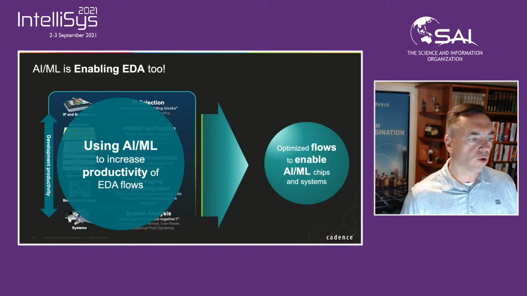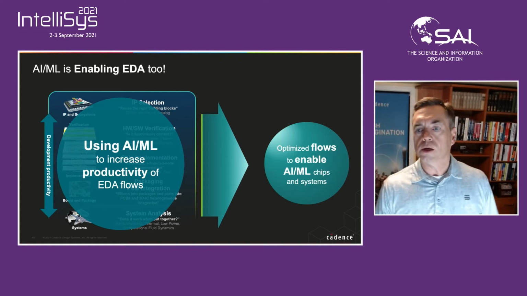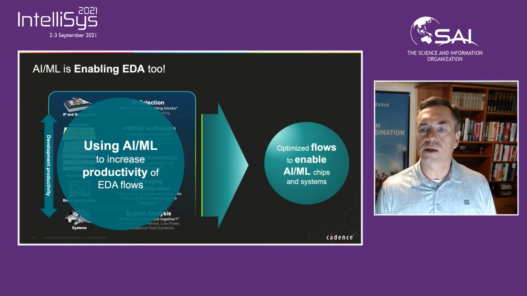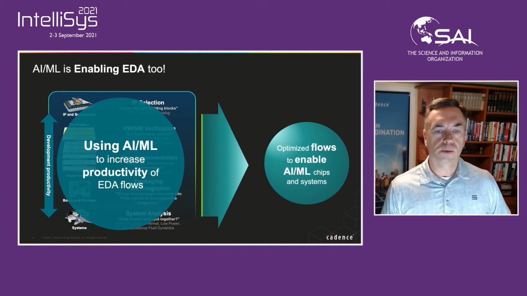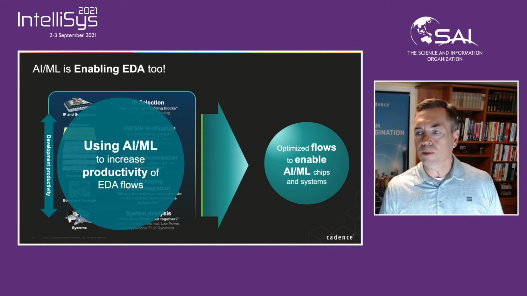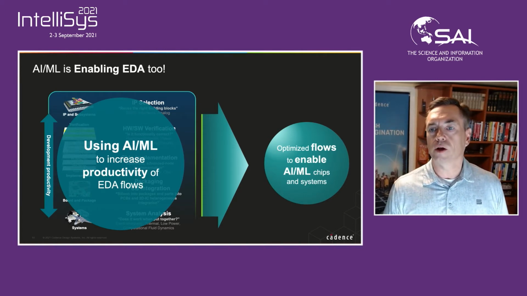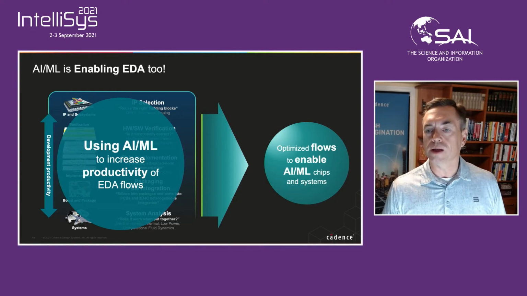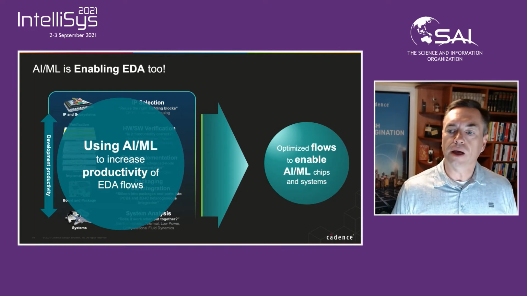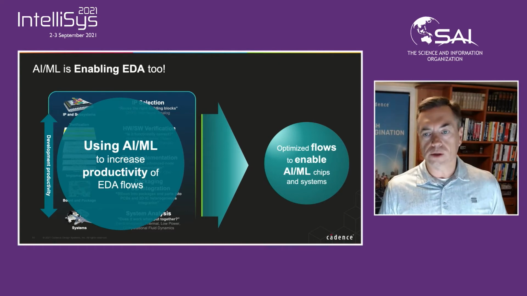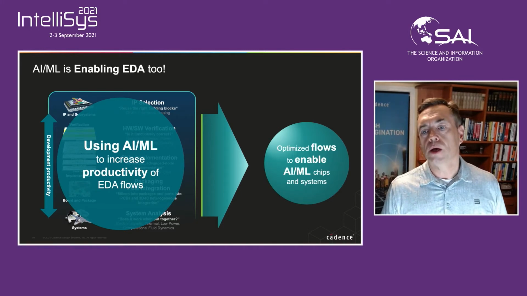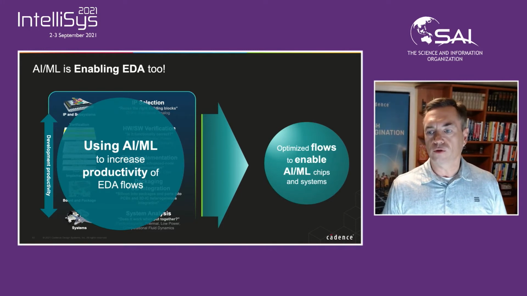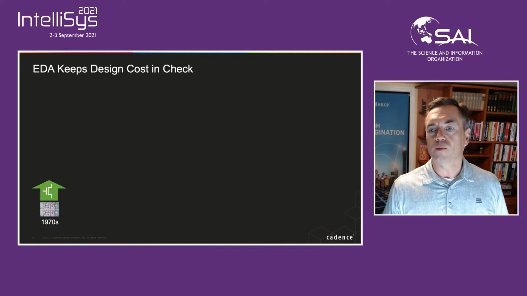And the focus of the next 20 minutes here is really how Cadence is using artificial intelligence and machine learning to increase the productivity of our flow. So not only enabling the chip and system development in the electronics industry, but using AI/ML for our own tools internally to make you, as an end user, the developers, more productive using our flow. So AI/ML has helped with the tool development quite a bit in recent years.